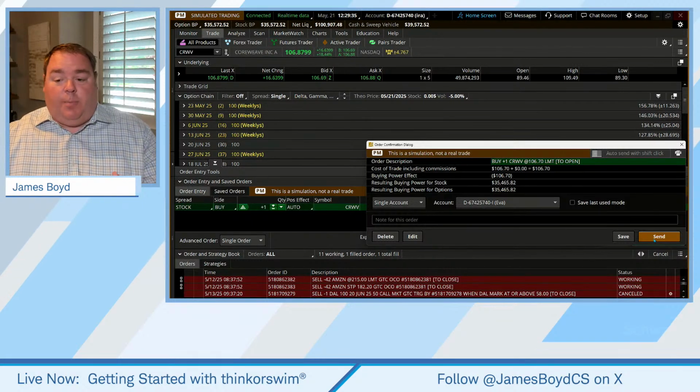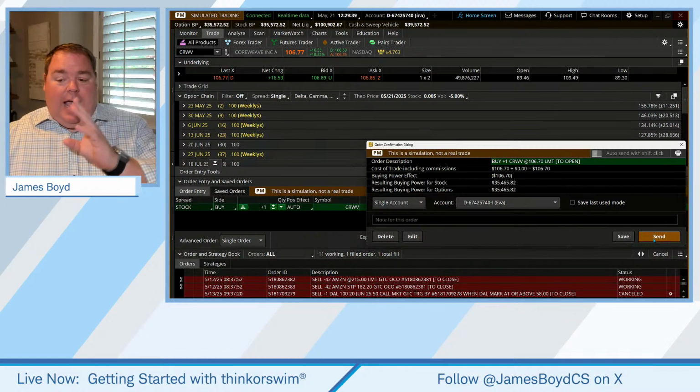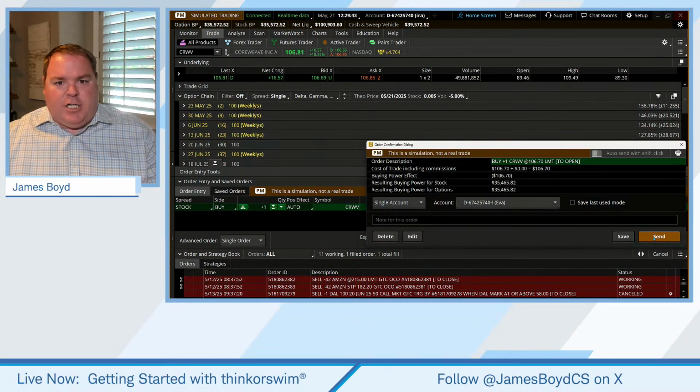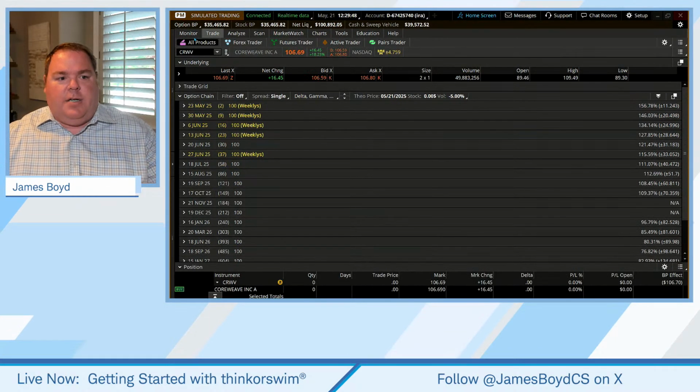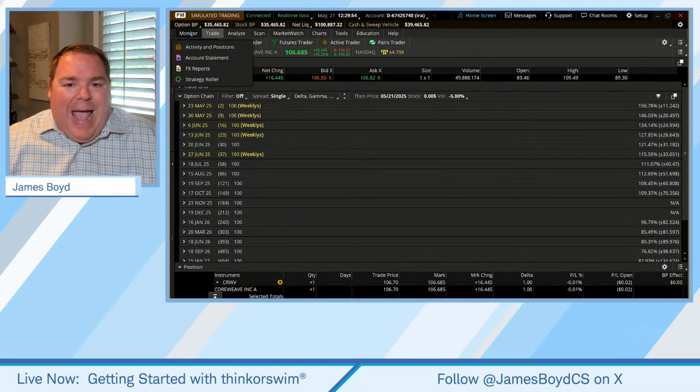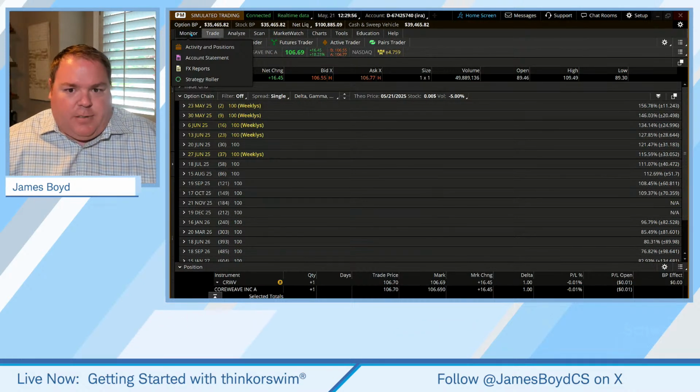Now, I'm going to tell you, this is super important, okay? Anyone could just buy and sell stuff for the most part, right? It's how do you manage the positions? So I think some of the major functionality here is how do we actually use the platform, not only put positions on and take them off, but how to manage the positions.